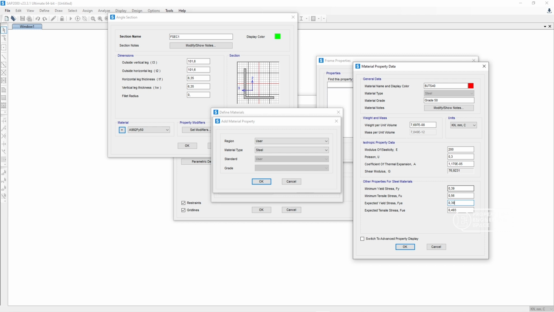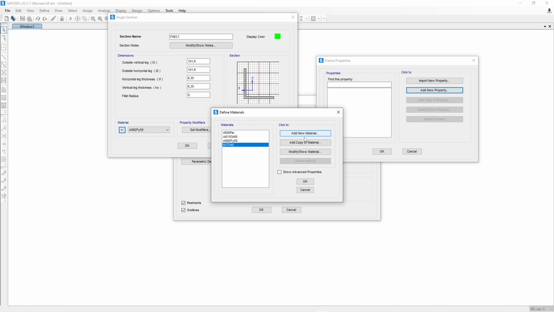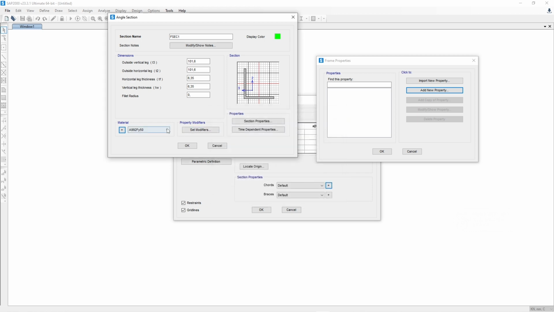Let's make it the same, 0.6, and I think it's enough. Let's press OK here, and then OK again, and then we just use this one, BGTS 14,